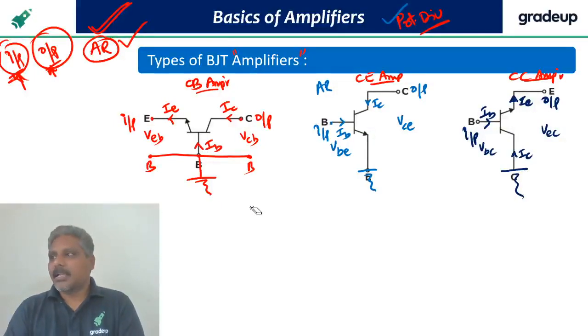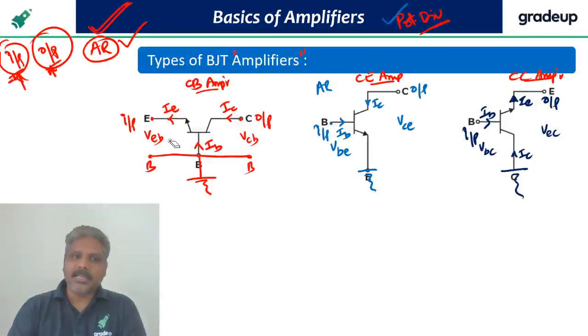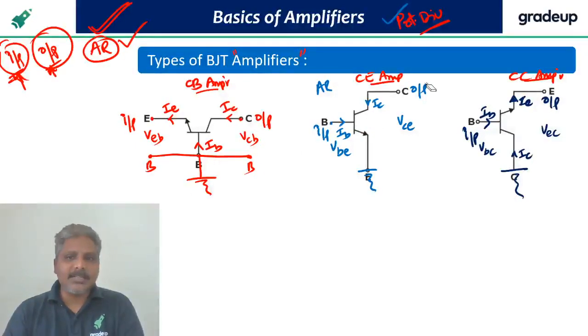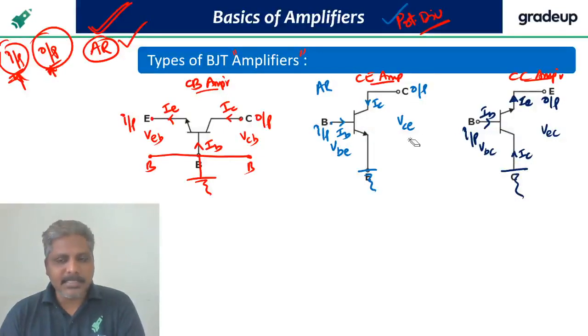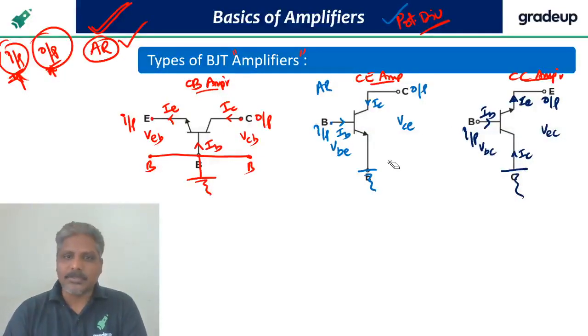Can we say the input going to the transistor will be DC plus AC signal? No. The input going to the transistor is only the AC signal. I will show you, don't worry. Just now I am showing you only AC voltages and AC currents only. I'll tell you the reason. Don't get confused with DC and AC, I'll give you clarity on both. Today we are going to learn about basics only.